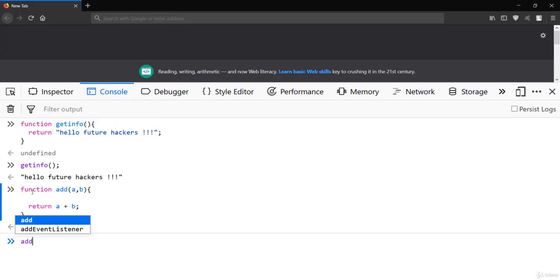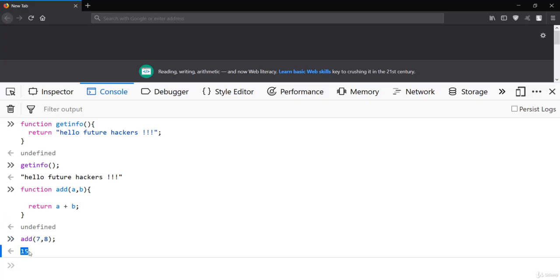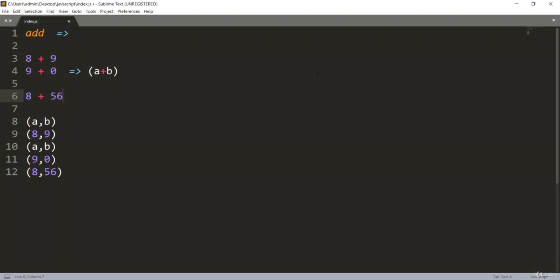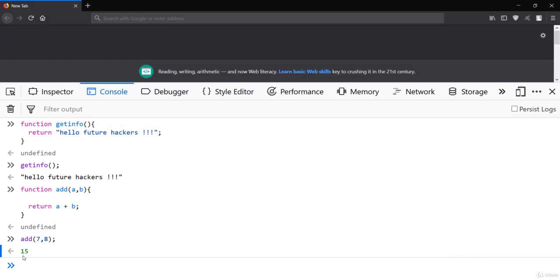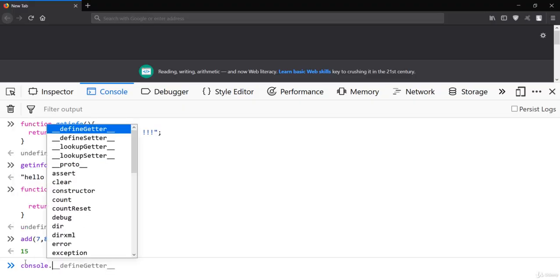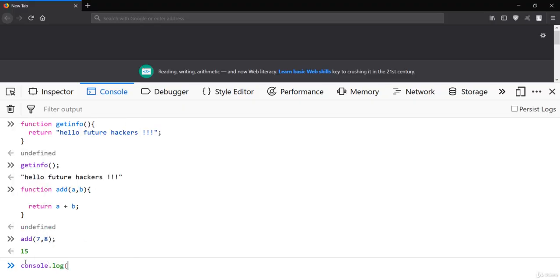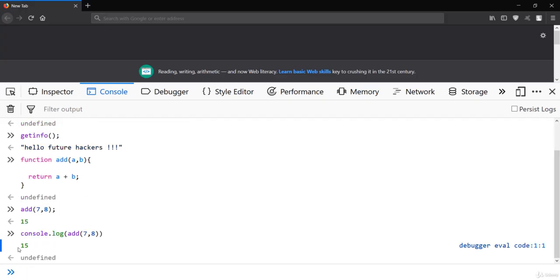Now if I call add 7 and 8, you would see nothing printed in the file, but this is the terminal-like engine of the browser, so you can see it has returned 15. But if you use Sublime, it won't print anything, because you have to use a console.log statement in order to call this add, and you can see 15 with the help of Sublime Text also.